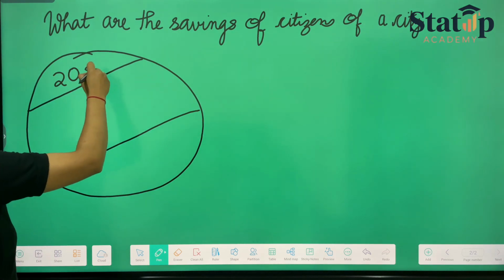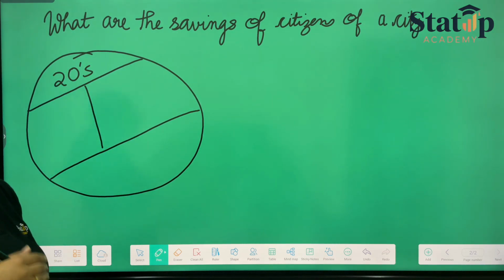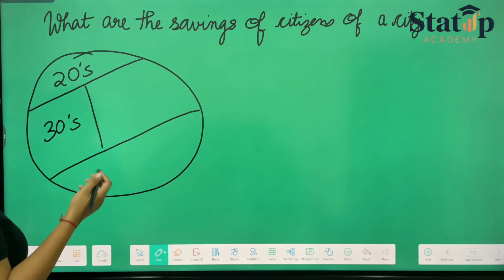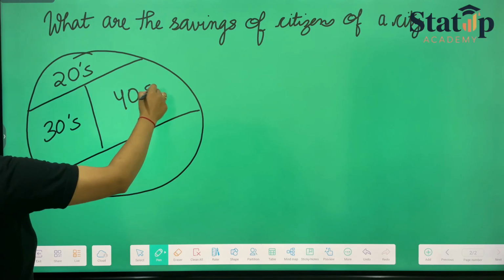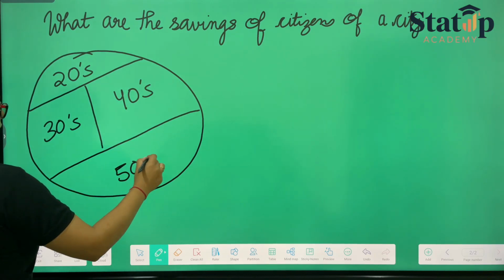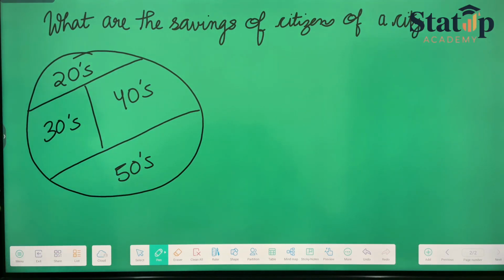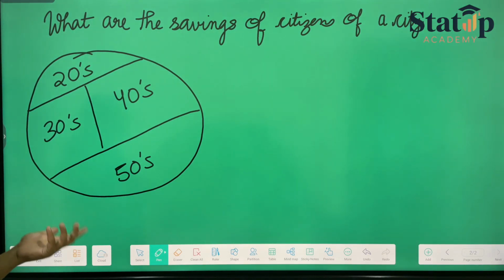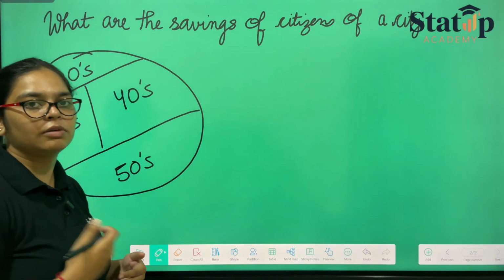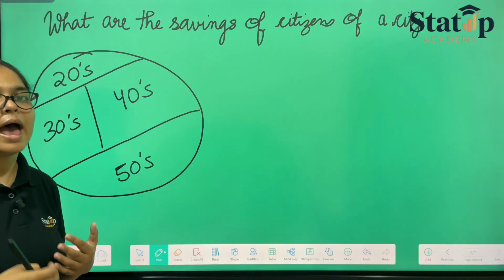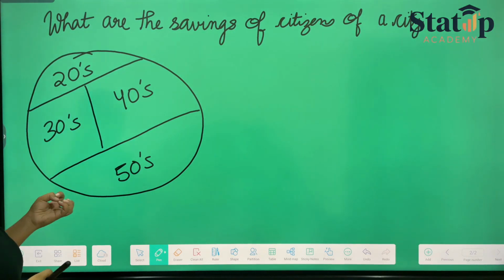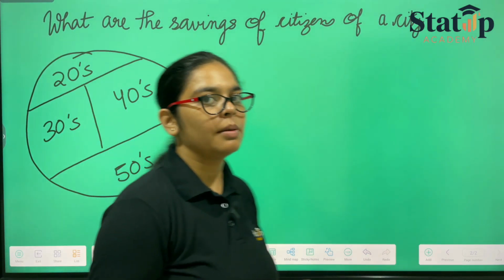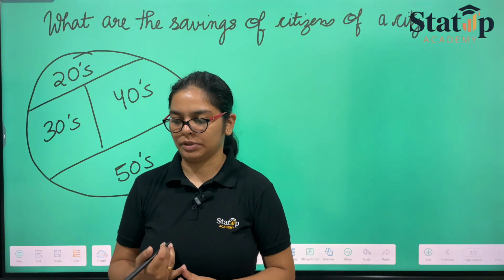The first stratum is people who are between 20 and 30, then people aged between 30 and 40, then 40s, and then 50s or above. So we have divided our population into 4 strata or 4 groups. Now we will take equal representation of every group so that our population is equally represented, and hence it is homogeneous within the groups and heterogeneous between the groups. So this is the basic structure of stratified random sampling.